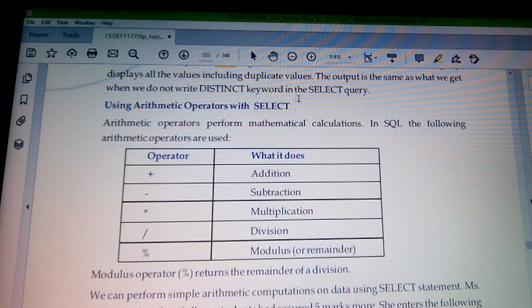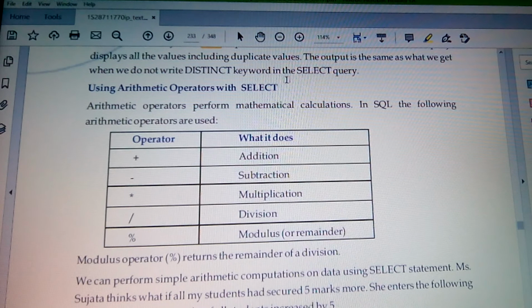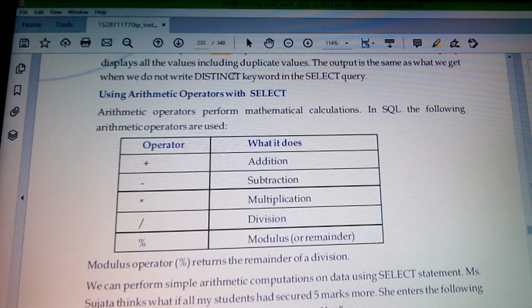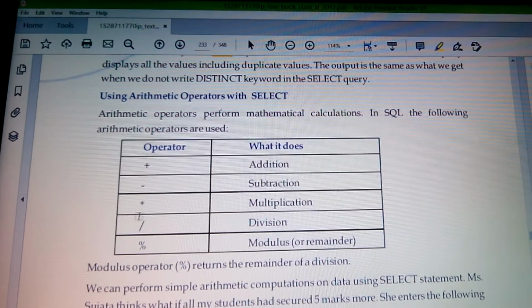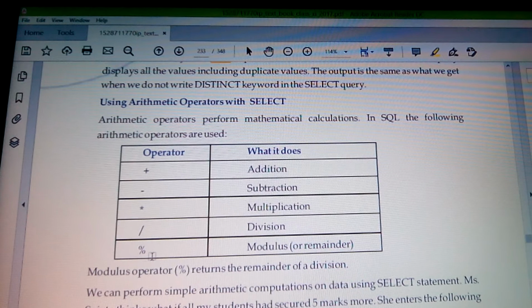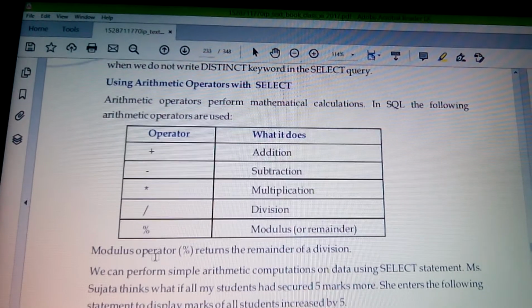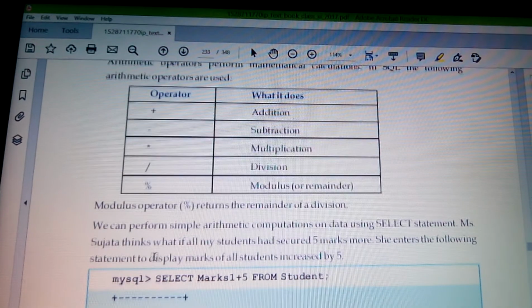Okay. Next is arithmetic operators. I think we all know what arithmetic operators are, which simply perform mathematical operations. They are plus, minus, asterisk, slash, and then modulo. I think modulo is clear to you all. It is simply a remainder operator. That means when we divide two numbers and we want to fetch the remainder, we make use of this modulo or modulus or remainder operator.